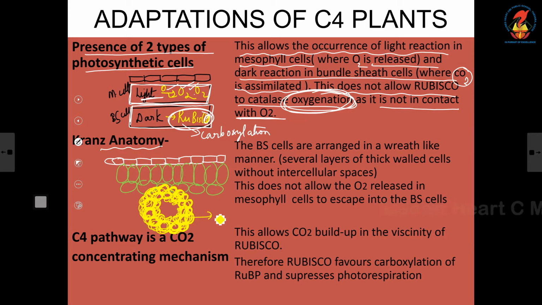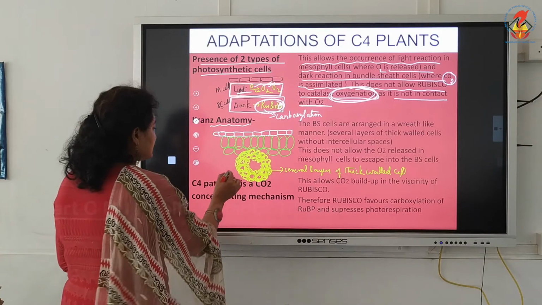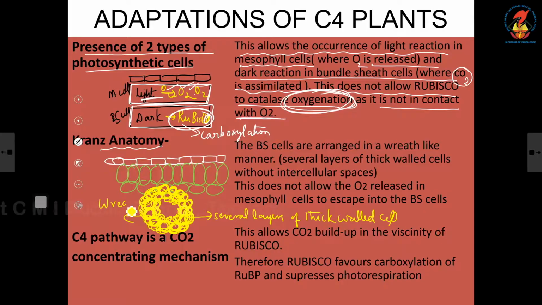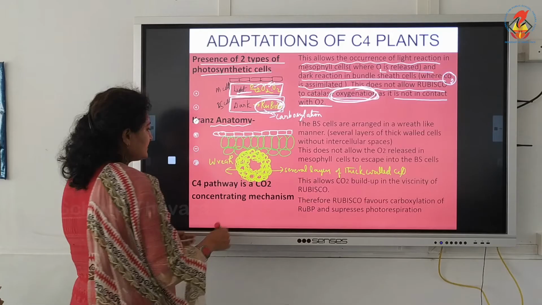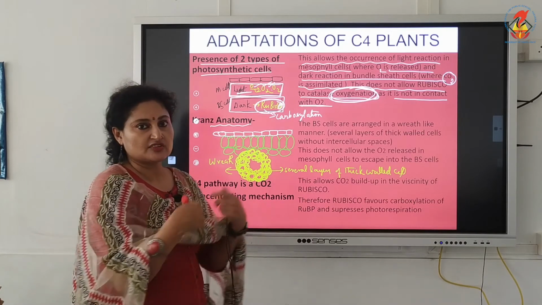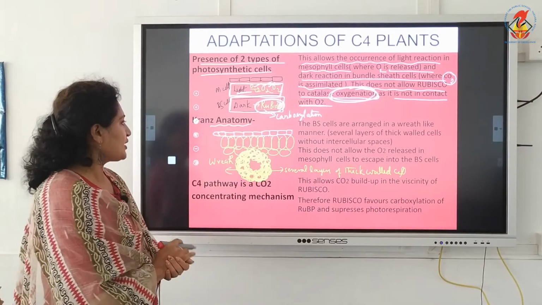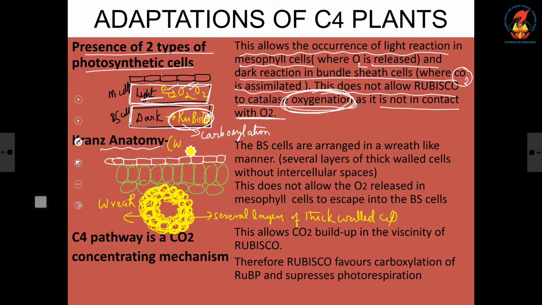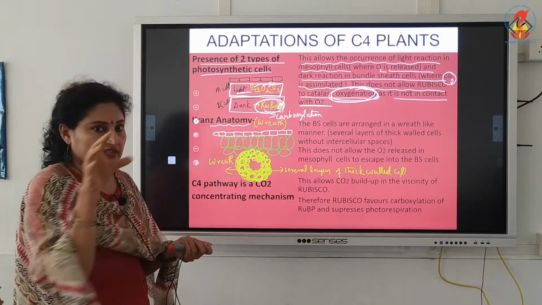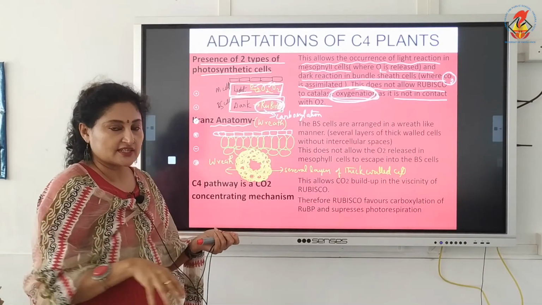See, several layers of thick walled, very thick walled cells. Now it gives the appearance of a wreath. What is a wreath? A wreath is that flower arrangement in the form of a circle we place on dead bodies. So it gives that appearance. So Kranz anatomy is called wreath-like appearance. The bundle sheath cells are arranged in the form of rings, and that too many layers of